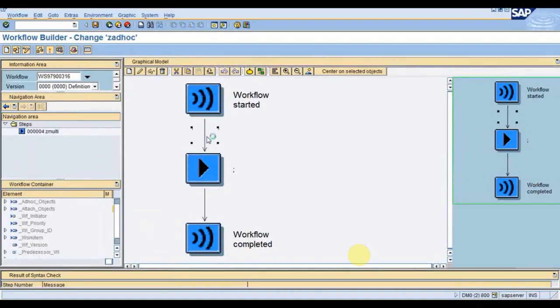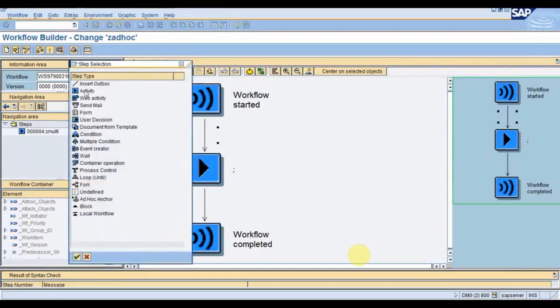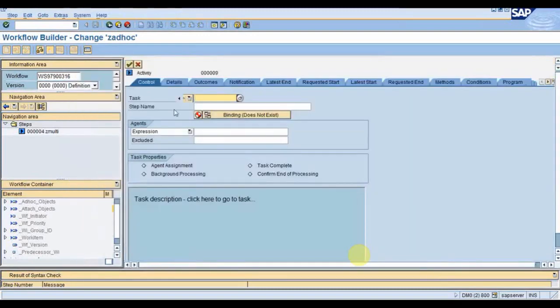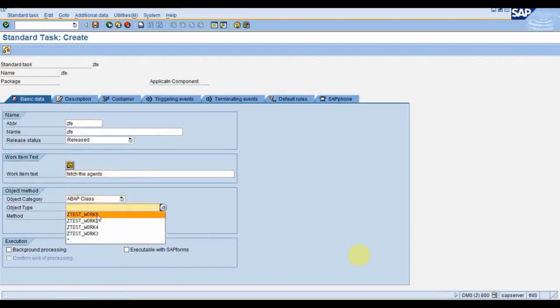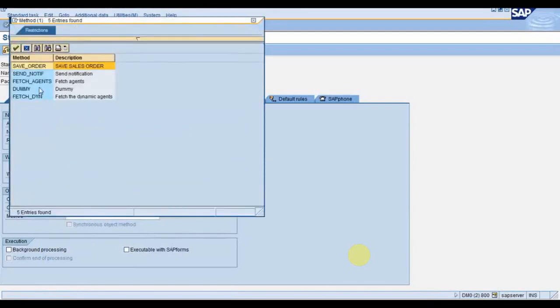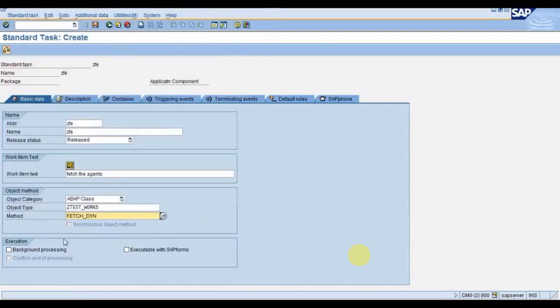Now I will create one more activity step. Yesterday we did that to fetch the agents, based on the company and company code, that is fetch dynamic.